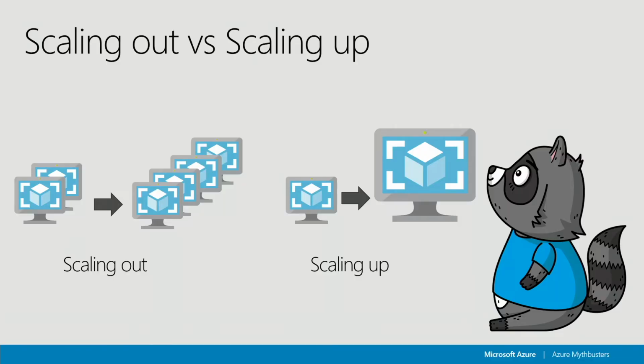Absolutely. It's maybe an older application. It's not been designed with scale out in mind. Exactly. Yes. So the way to deal with that would be scaling up. So rather than adding more instances to deal with that load, you make that box bigger effectively. So rather than 1 gigabyte of RAM, 1 CPU, you make it 4 gigabytes of RAM and 4 CPU, for example, instead. Yes. So that's the difference between scaling out and scaling up.